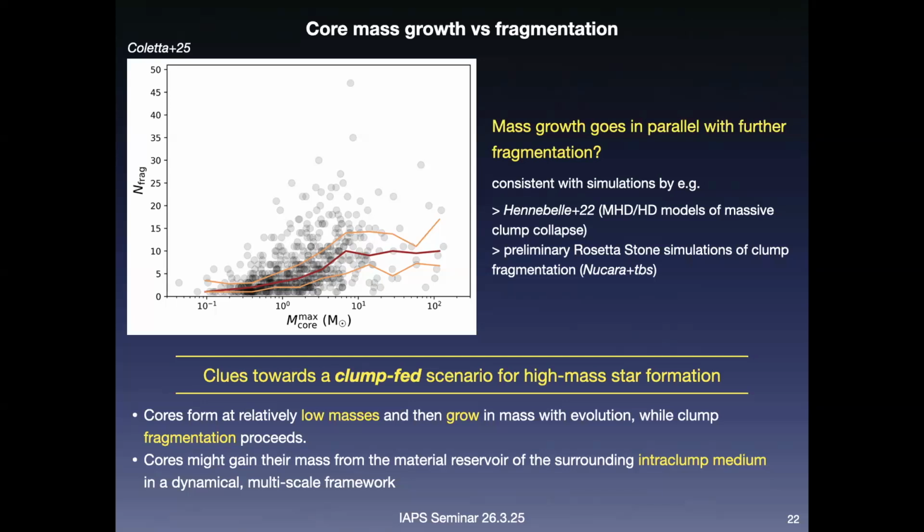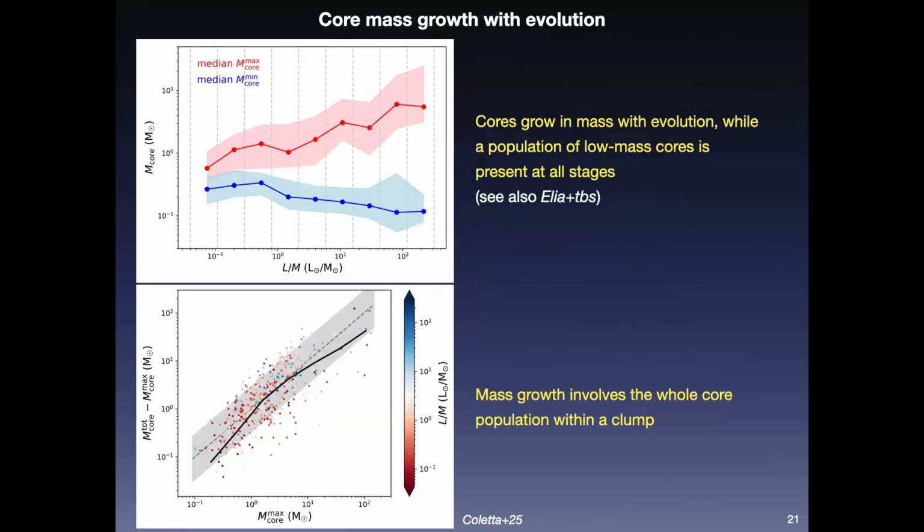So this is not so clear and unequivocal, but this is an indication that we can explore more. And of course, we have lower statistics at the higher mass end, so this has to be taken with caution. But this possible increasing trend, the hint that we get from this plot, is actually consistent with